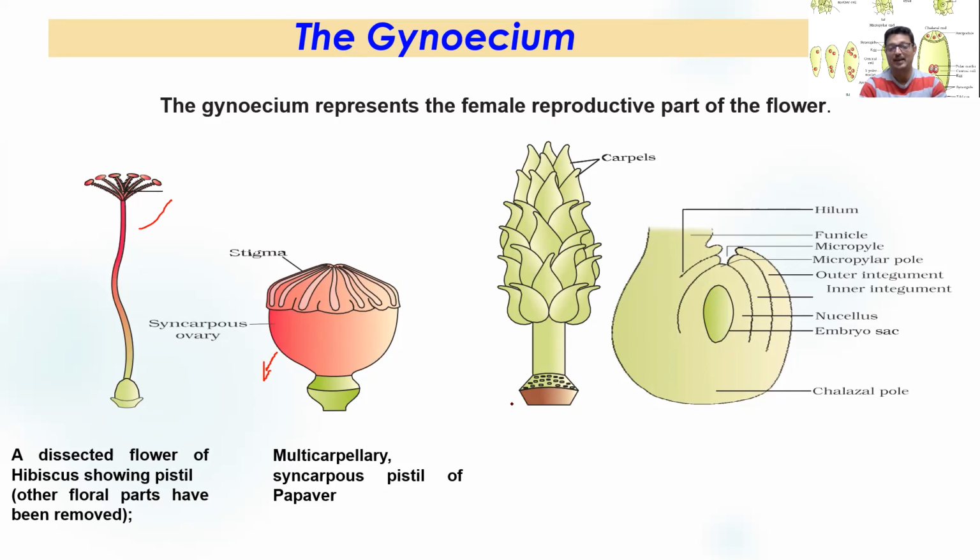This is the Michelia. So it is also multicarpellary, but it is apocarpous, right? It is not syncarpous. And this ovule is a special type of ovule that we call as anatropous, because the funicle is present here, hilum, and you find a turn like this. So funicle and micropyle are very close to each other in close approximation. We call it as anatropous ovule.